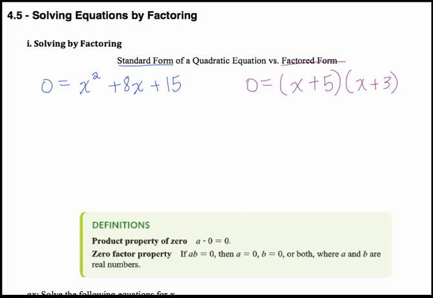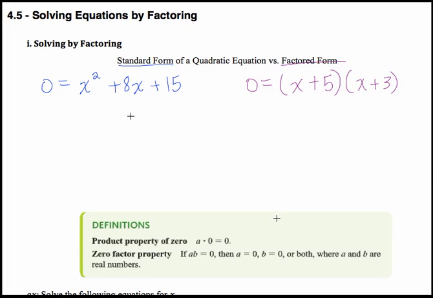Now, why would you want to factor it to solve it? Well, if you look at the standard form, it's kind of hard to solve for x because there's two x's. There's one there and there's one there. So how do you get it by itself? That's the tricky part. It's not as simple as with a linear equation. But with a factored form equation, there's a nice property called the zero factor property that allows us to very